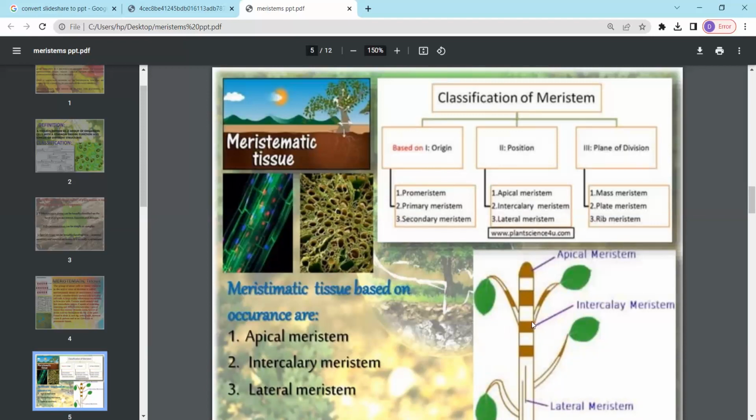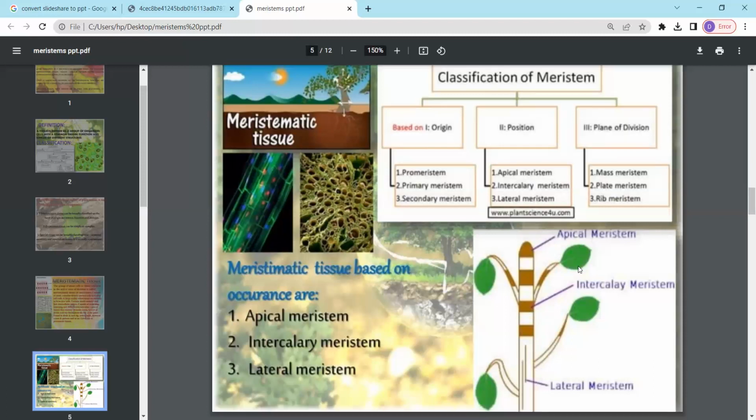If the meristems are present at the nodal region, they are called intercalary meristem, and lateral meristems are present on the lateral sides. Based on the plane of division, there are also three types: mass meristem, plate meristem, and rib meristem. So first we will discuss